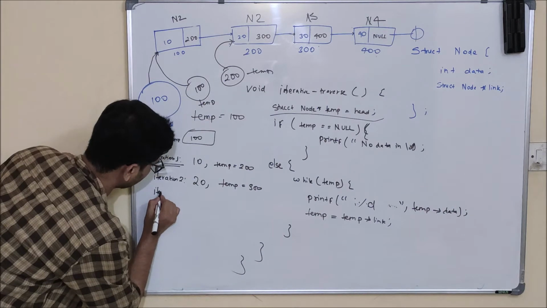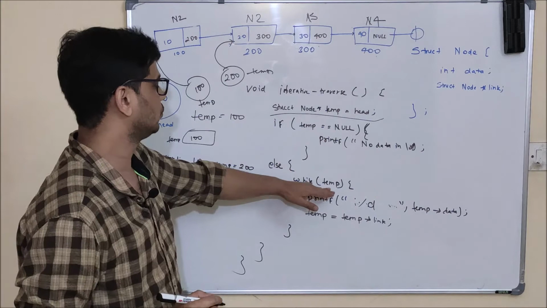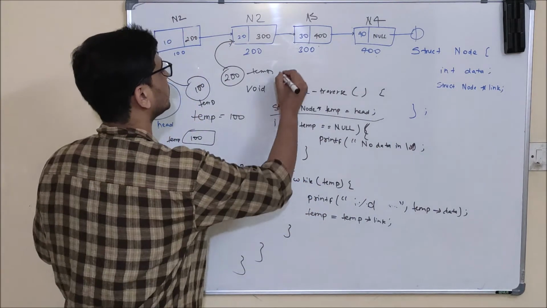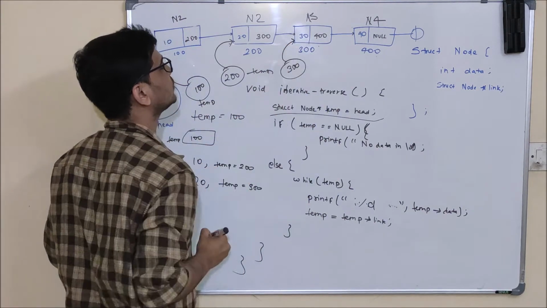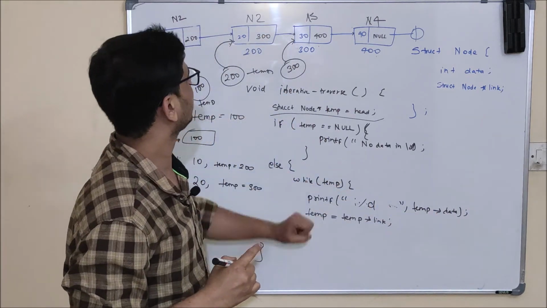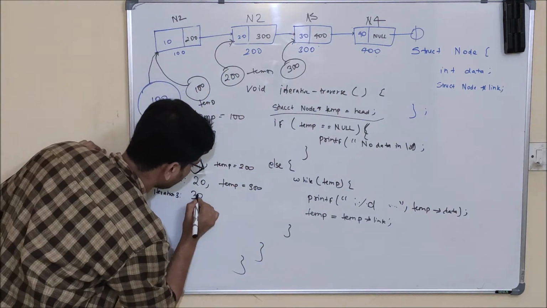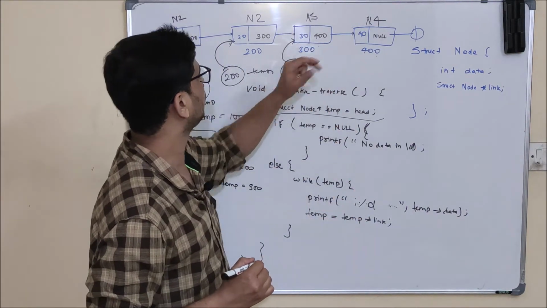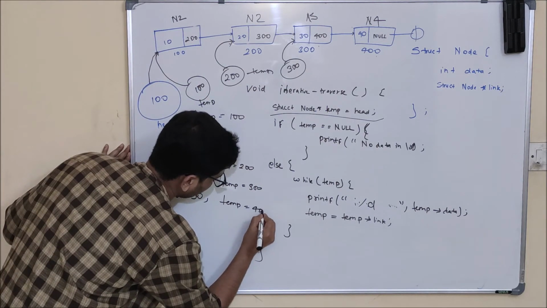Now what will happen in iteration 3? First of all, this while check will be done. So it will be true and these two lines will be executed. So right now temp is holding 300, so it is pointing to the starting address of node 3. So temp.data, what is temp.data right now? The data part of the node starting from memory address 300. So 30 will be printed and in the next line temp will be changed to temp.link. And what is temp.link right now? 400. So temp will be equal to 400.